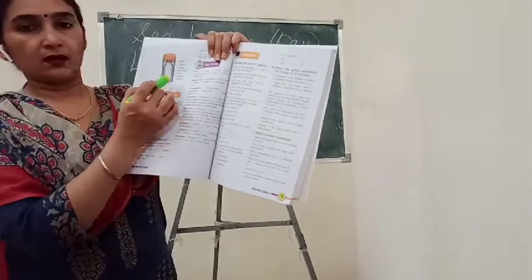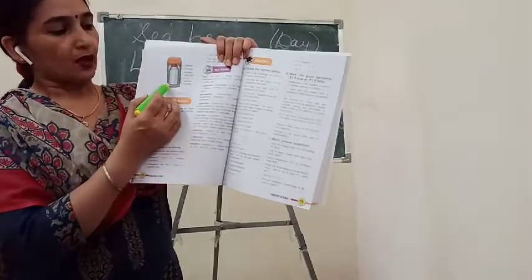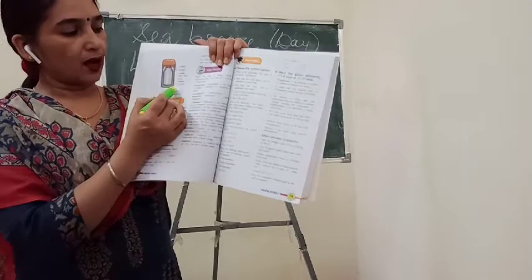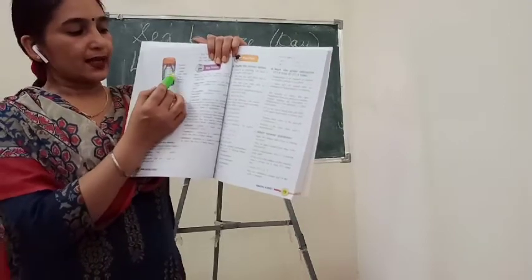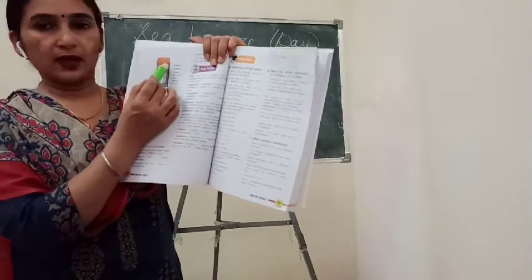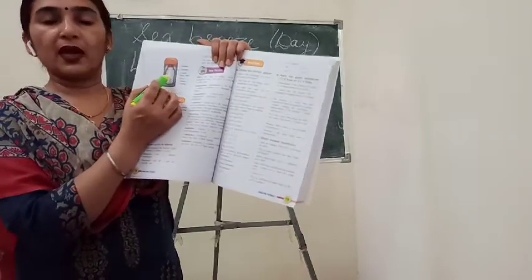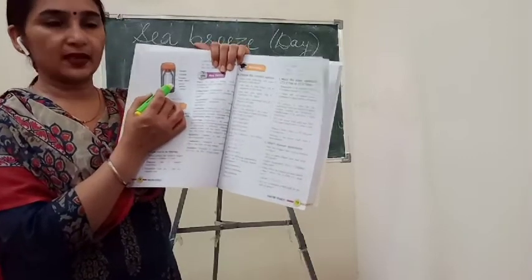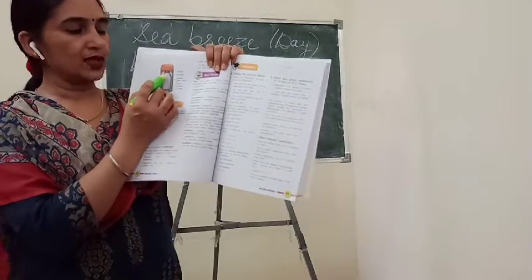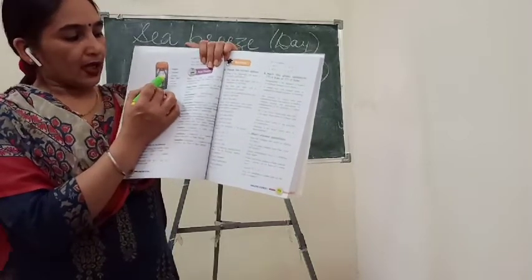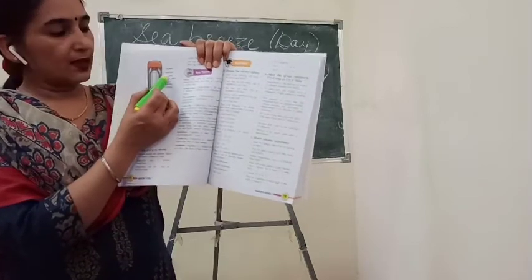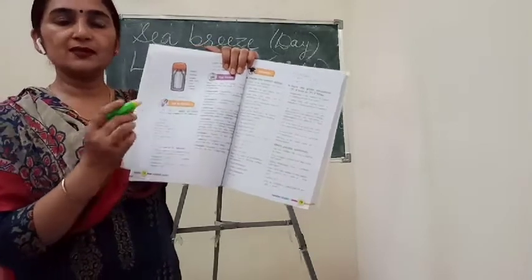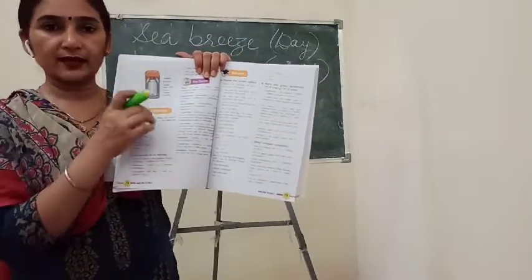inside this plastic body, at the center between these two materials, they make the bottle with the help of glass material, or it is of steel material. These two materials they generally use at the center, and in between this glass material and this plastic material they make a vacuum. Vacuum means there is no air present inside it.